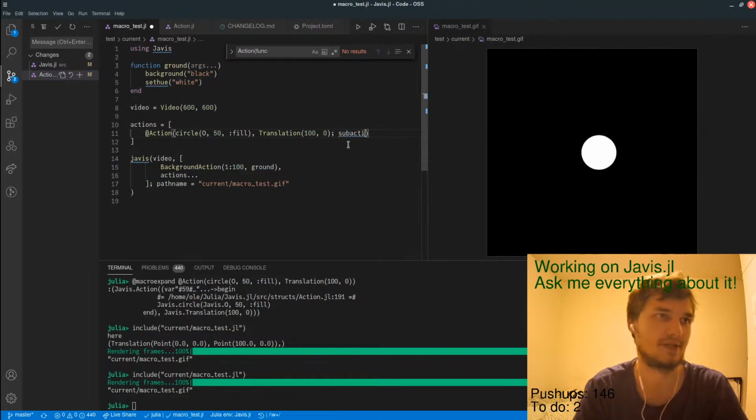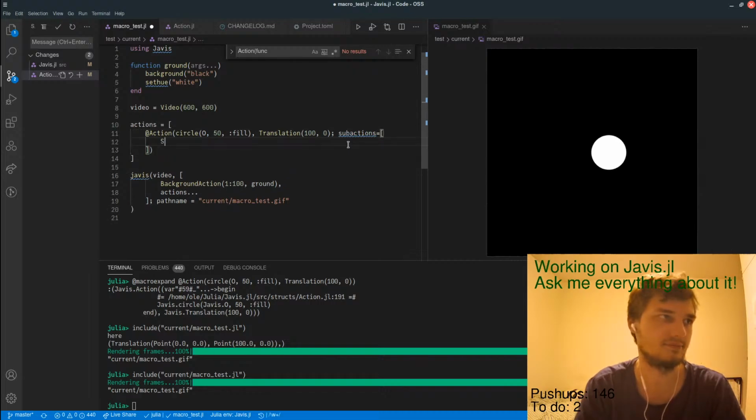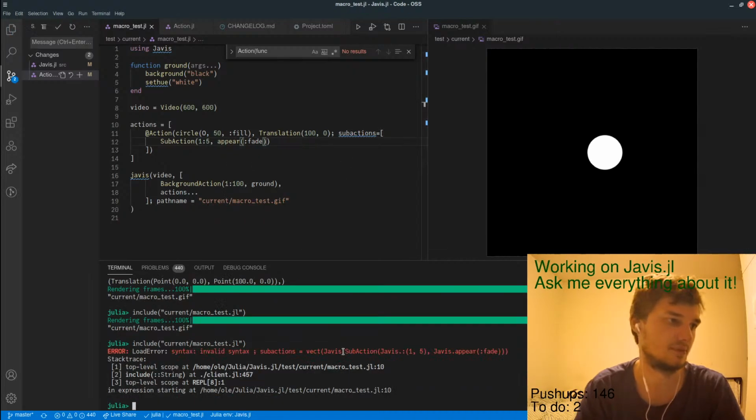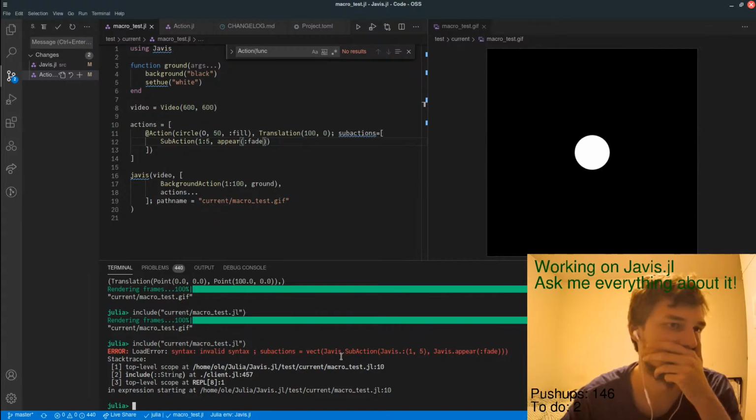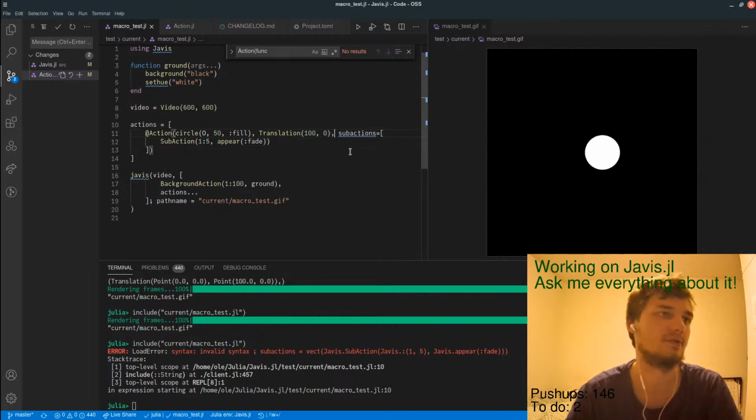So sub actions. One, two, five. Appear fix. Okay. Valid syntax.